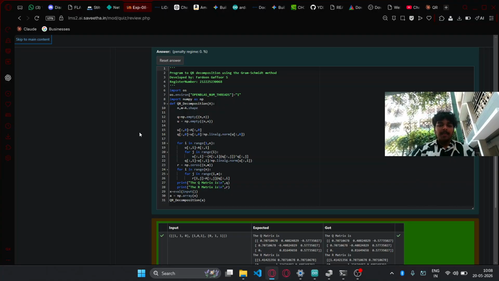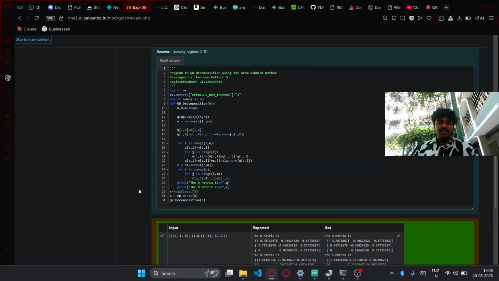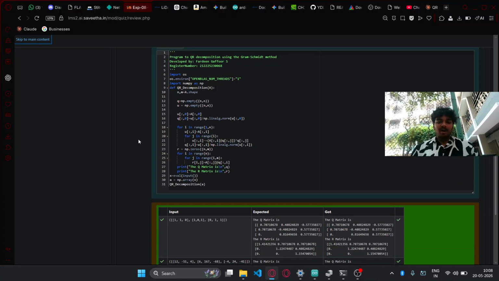At the bottom of the program, we take the user's input using Python's eval function, which allows the user to type in matrices as a nested list. This is then converted into a NumPy array and passed on to our function. The program then prints both the computed Q matrix and the R matrix clearly to the console. So in just a few lines of code, we have gone from a raw matrix to a full QR decomposition, computed